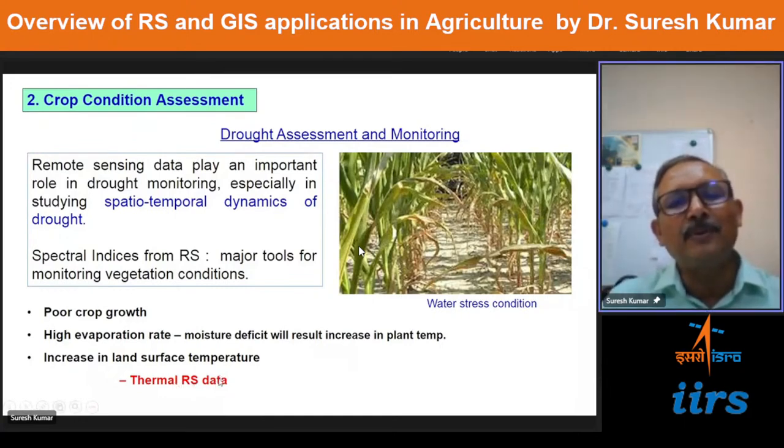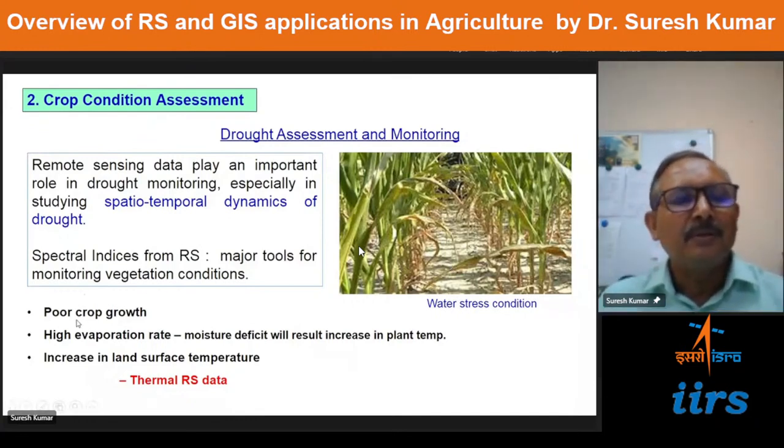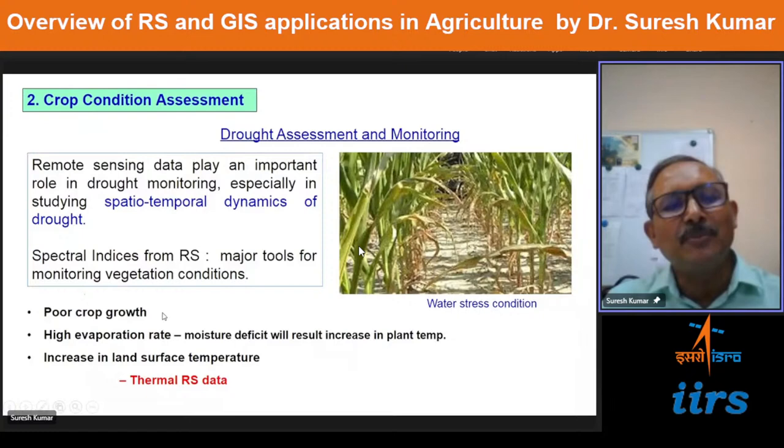So using thermal remote sensing data, we can measure the temperature of the crop, and we can also estimate the moisture in the soil. Then crop growth conditions we can estimate using NDVI. So using all these parameters, we can